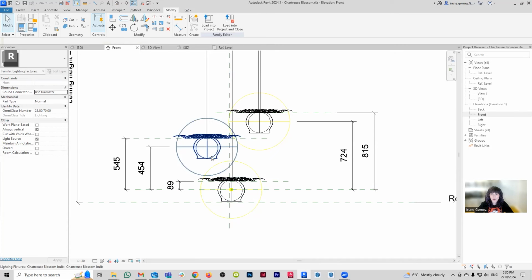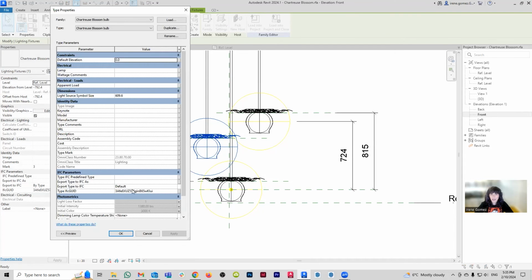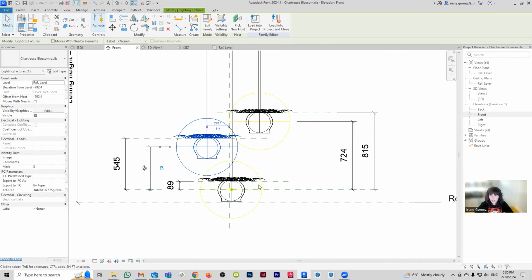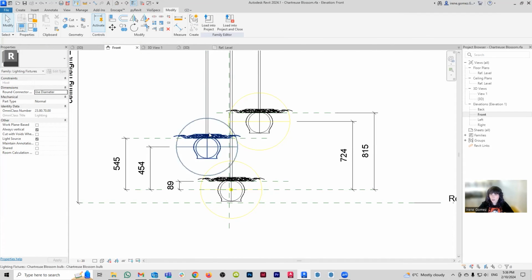So what's going to happen now is because these lighting elements have been linked to this one source that comes with the family, all three of them are going to be able to change through the same parameters. So it's going to make it so they all behave like they are one. See? So that is one way that you can do it. Create a copy of these guys that doesn't actually have a light source, and then make that the house of the original light source that comes with this family.